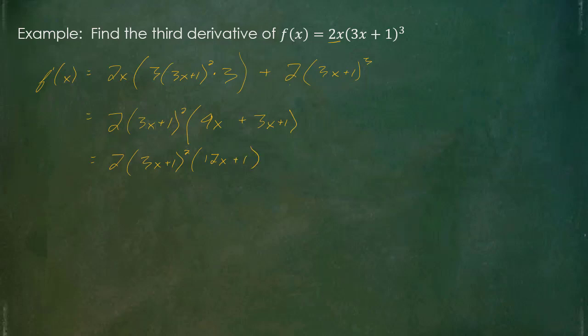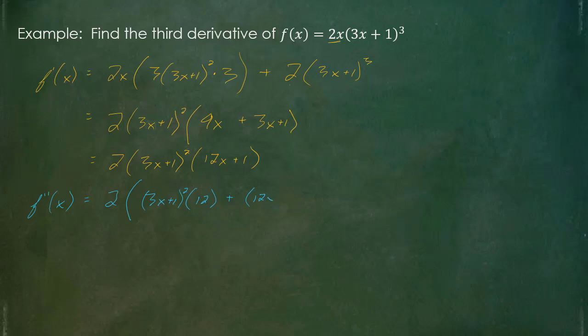If I move on to finding the second derivative, again I have a product rule going on. The coefficient of 2, I could just say, is going to kind of separate itself, kind of take advantage of that property, and we'll go ahead and just start doing our product rule again. So I've got 3x plus 1 squared, then times the derivative of the second function, which is just 12,